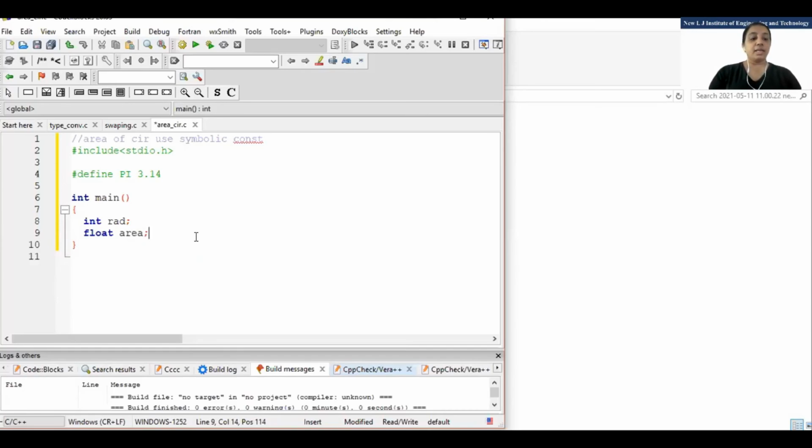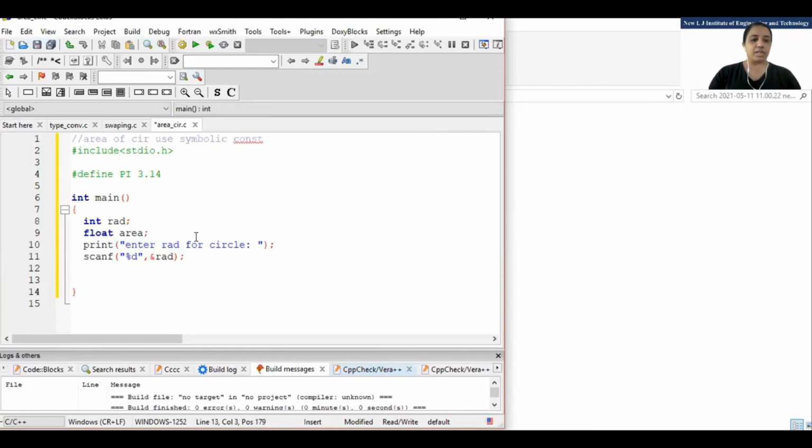Okay. Now next thing is how to scan the value. For that I will use scanf. Scanf %d, and what I need to scan is &rad, the radius. Fine. Now before that, if I execute this program, it will show me a blank screen. I don't know what I need to enter. So I will print: enter radius for circle. Any doubt? This is not compulsory, but for formatting we are writing it.